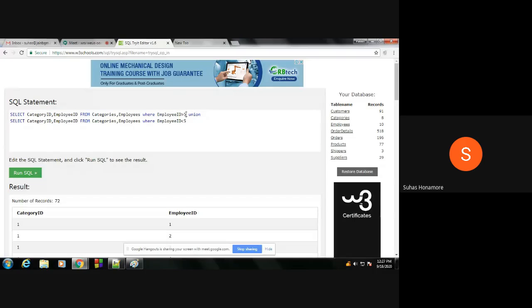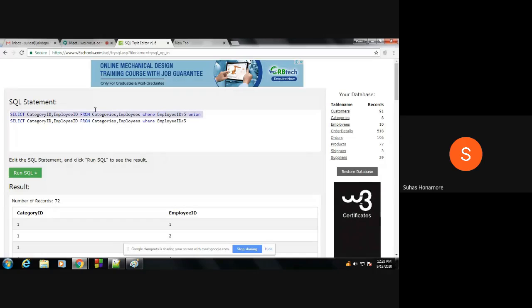Here it is employee id greater than 5. How many rows did we get previously? That is 40. Now less than 5 is given. Employee id is 1 to 10, so less than 5 gives 4 rows, combined with 8 categories, that is 4 into 8, which is 32. 32 for this one and 40 for the other, so total 72.